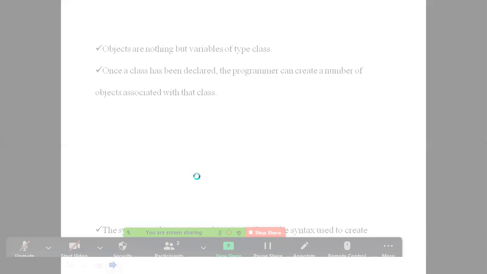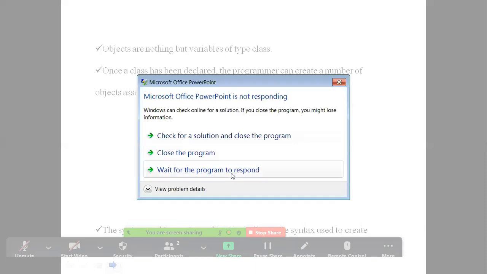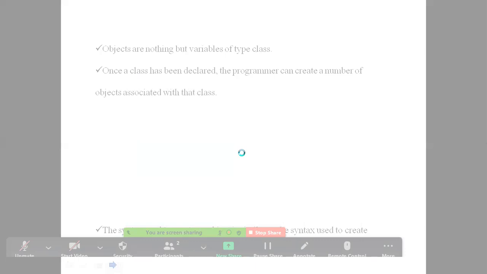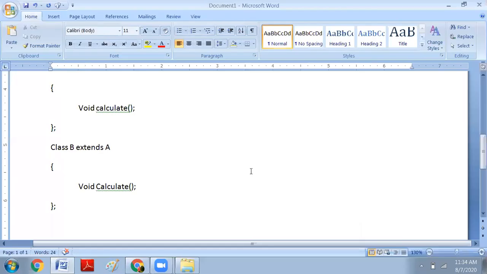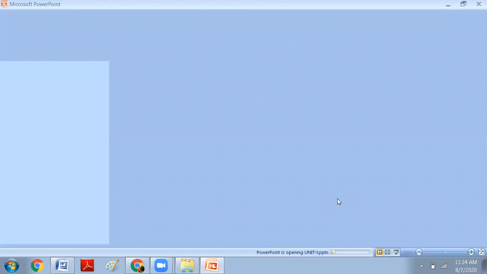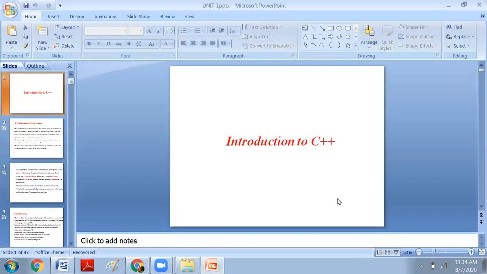Code reusability is the main aim of inheritance. Very important question: what is the use of inheritance? Code reusability is the major advantage. That's the point we have to remember. Clear.